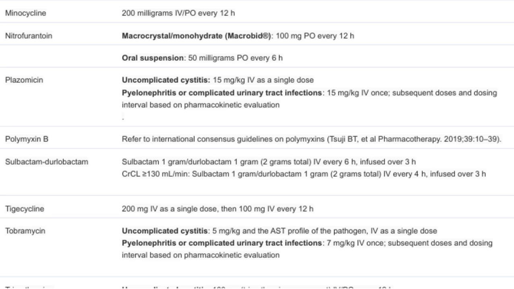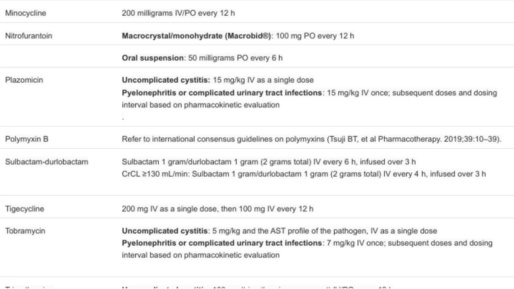Finally, trimethoprim-sulfamethoxazole is used at 160 milligrams of the trimethoprim component every 12 hours for uncomplicated cystitis. But for other infections, the dose increases to 10 to 15 milligrams per kilogram per day of trimethoprim, divided into doses every 8 to 12 hours. Overall, these dosing strategies highlight the importance of tailoring antimicrobial therapy based on infection severity, patient-specific factors, and pharmacokinetic considerations